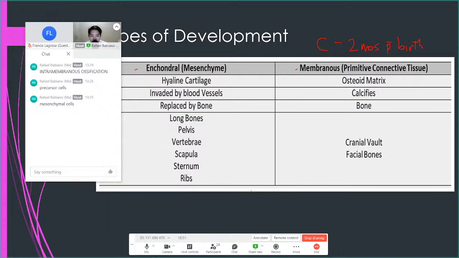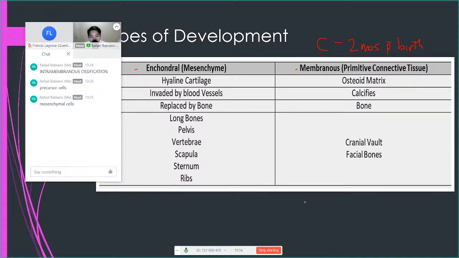As I said, you will go more in depth about the development there, but here I'm just going to talk about the development of bones. So you have mesenchymal cells. Again, these are precursor cells, meaning cells that are the origin of the different cells. Since we're talking about bone development, these mesenchymal cells, for example these red dots, just think of them as mesenchymal cells.